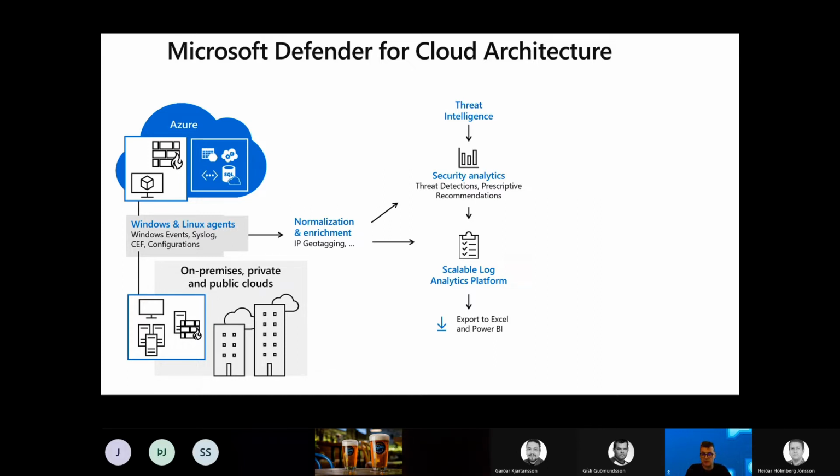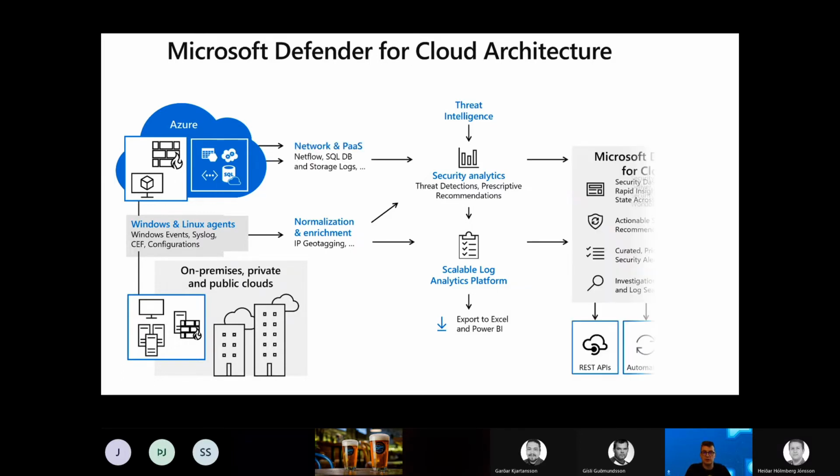And that is part, of course, of the Azure Sentinel, but actually Microsoft Sentinel now. And we can use that in the Azure Security Center, actually, Defender for Cloud. And then we can, of course, do whatever we want with the findings that we have, export to Excel and Power BI and so on. And of course, Microsoft Defender for Cloud is not just tied to virtual machines or SQL servers, but also it gives us an overview of other things as well,